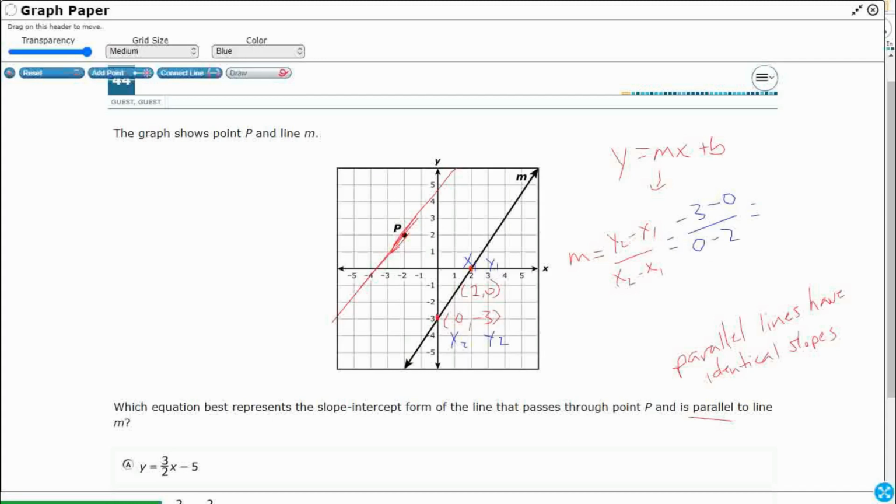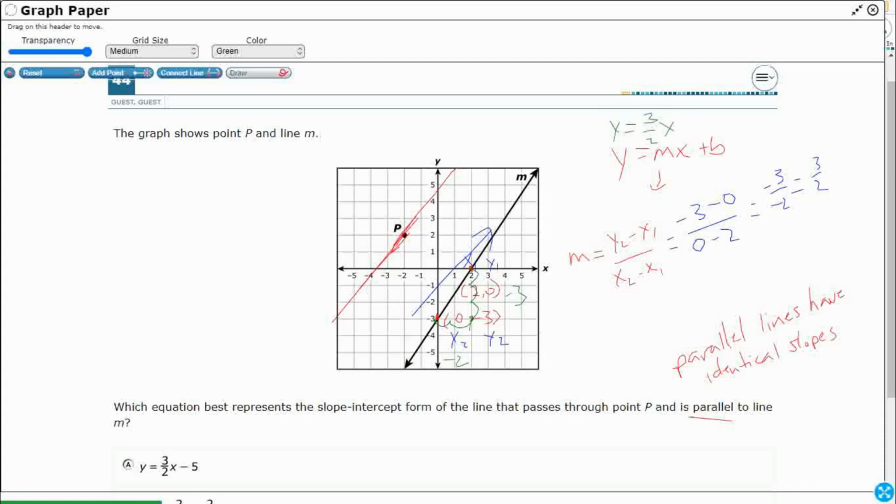So it looks like it's going to be -3 over -2. So really it's just going to be 3/2. The two negatives cancel out. And that does make sense. If it's moving up from left to right, it is a positive slope. And some of you just kind of eyeballed it, right? You just started from here, and you're like, all right, 1, 2, 3 down, and then 1, 2, 3 to the left. So that's -3 over -2. Either way, that works. So I've got, this needs to be y equals 3/2